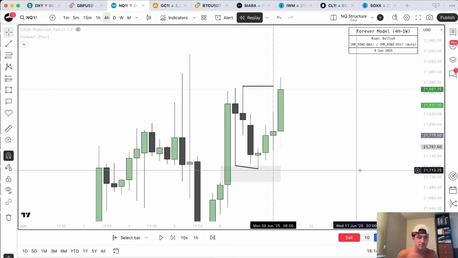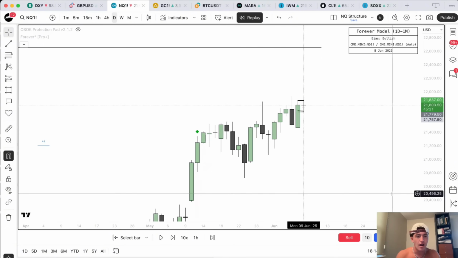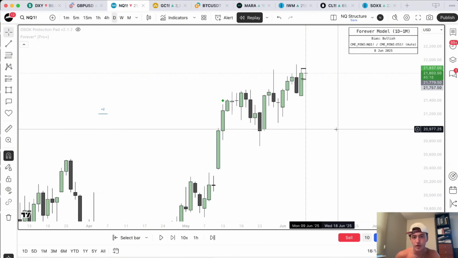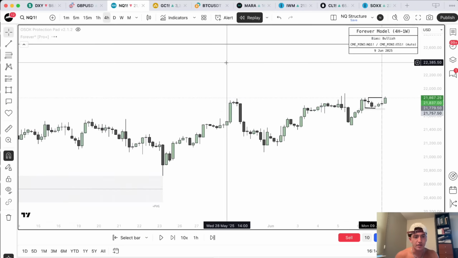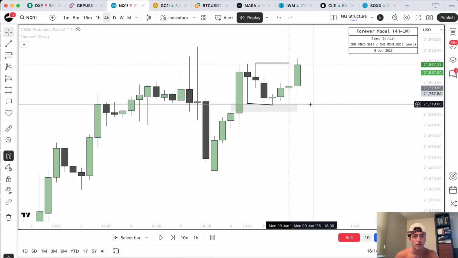So the setup was clean. I'm going to take it. If the trend of the higher time frame was in a consolidation, like the weekly or the daily was in a consolidation market, I wouldn't have done this. But since price has been obviously trending higher, I am going to take the trade and just rely on bullish price action. It's the easiest way for me to put this. And as you can see, it was a clear and obvious state of a market maker buy model to just simply run from an internal to an external range drawn liquidity.